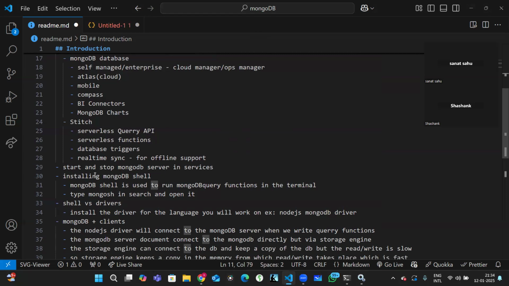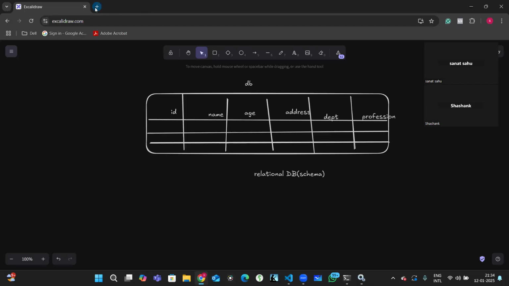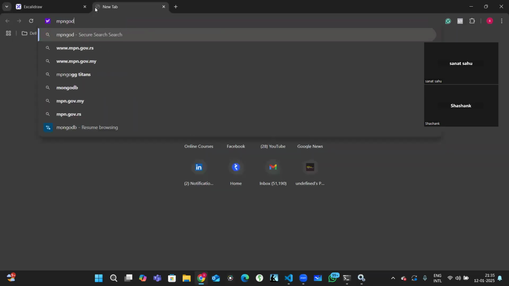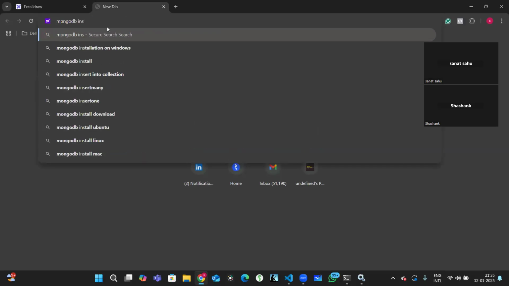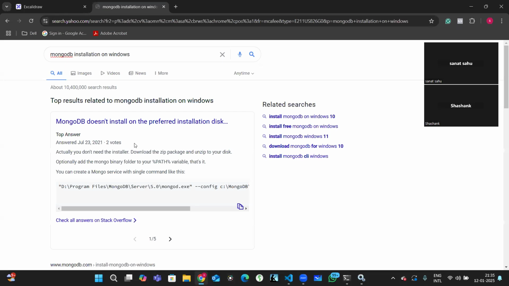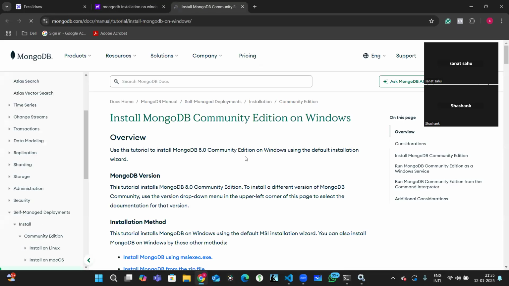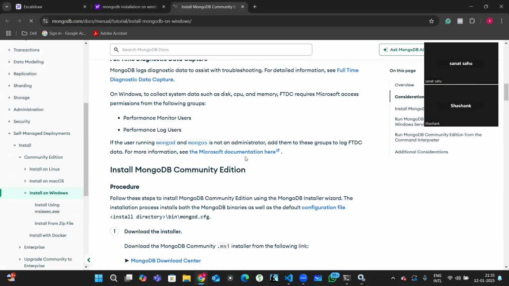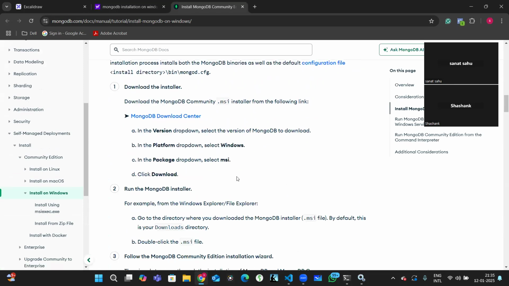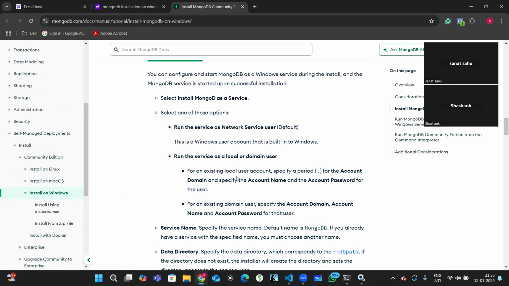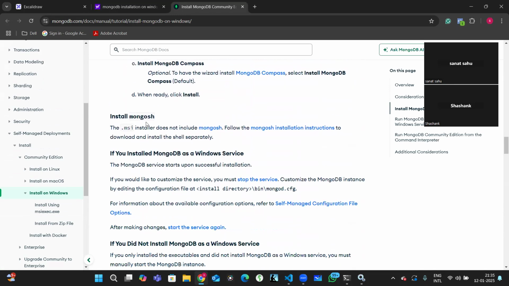Installing MongoDB shell. MongoDB shell is used to run MongoDB query functions in the terminal. So basically, what I'm trying to say is, if you have to install MongoDB, just search for MongoDB install. Simple, nothing difficult. Just go to the installer, double click and install it. There is no difficulty here. Install the version, restart your system, and after restarting your system,